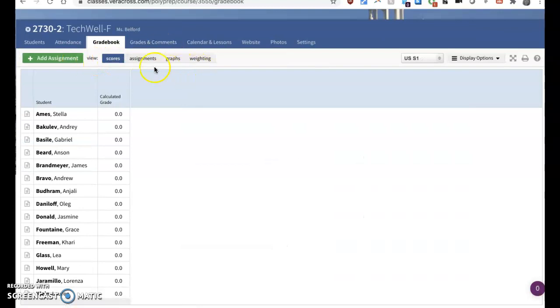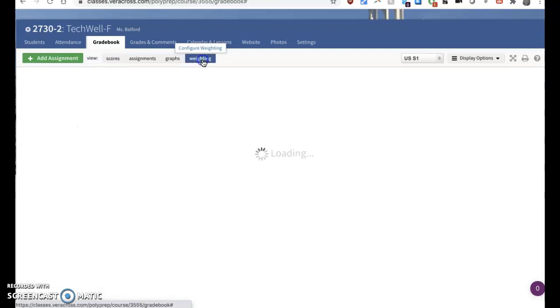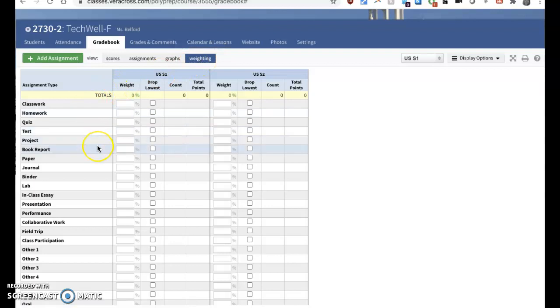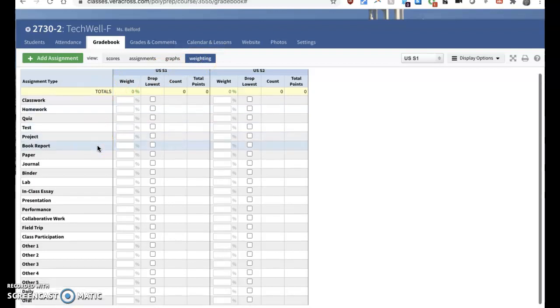what opens up are new options. And so you can add an assignment and you can weight. So today we're going to talk about weighting different types of assignments. So this is tech and wellness. Here's weighting. And just so you know, these other